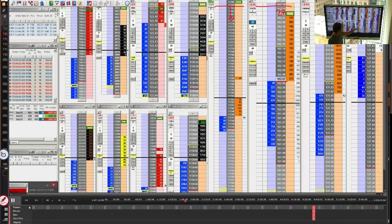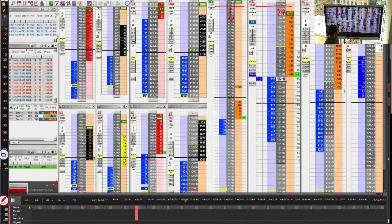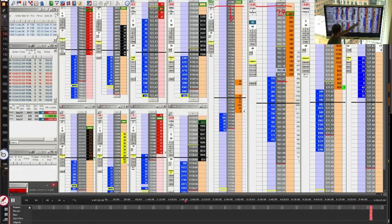So he's in with his 20 lots, Euro pressing to the low, and immediately trying to feed more in, chasing a little bit here, and getting up to 50 lots, hitting up market at 9s in the end, and then getting filled just on a little pullback, or maybe not, sorry, just pulling those orders on the bid. But really doesn't want to take too much risk here, but as long as the Euro's held to the low,